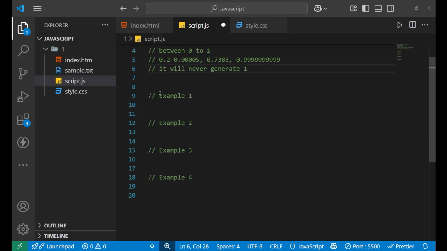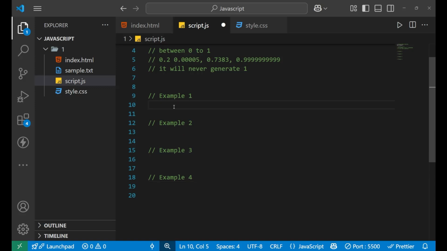Now let's take 4 different examples. All these examples are very important, so make sure that you watch the video till the end so you can understand these examples very well. Let's take the first example. In this we will simply generate a random number.